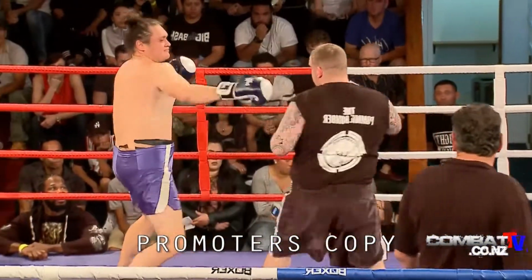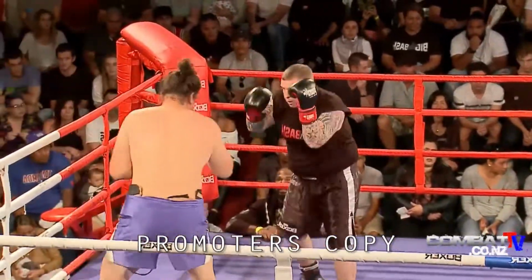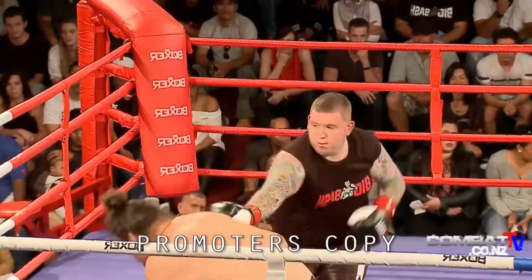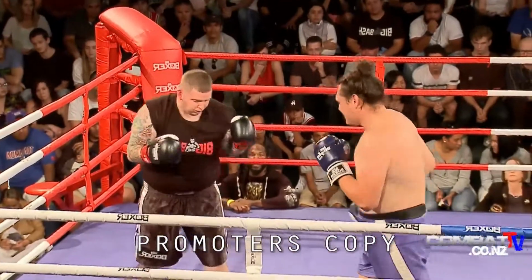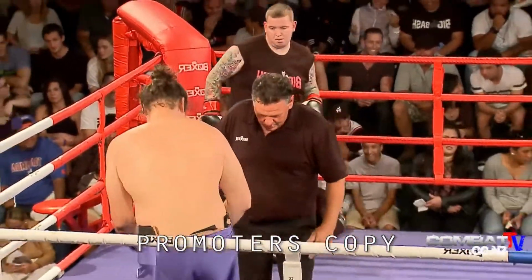Davies fighting in the southpaw stance. Comes forward, throws the big left bomb. Just a little bit short on that, but looks like he's got a bit of power if he can get it lasered in. Mouth guard out